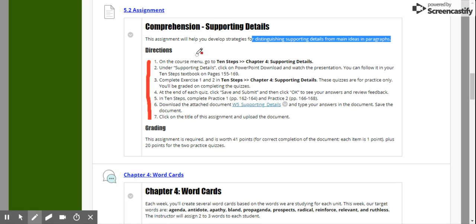Go to the 10 Steps Chapter 4, watch the PowerPoint, follow along in your textbook. Take these 2 quizzes, exercise 1 and 2. They count as 20 points, okay? At the end of the quiz, you're going to save them. All right, go back to 10 Steps and in your book and complete practice 1 and practice 2 on these